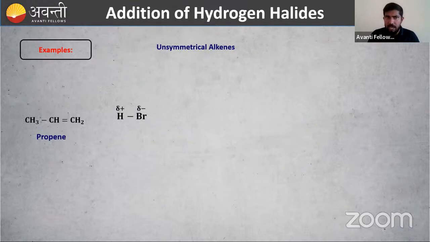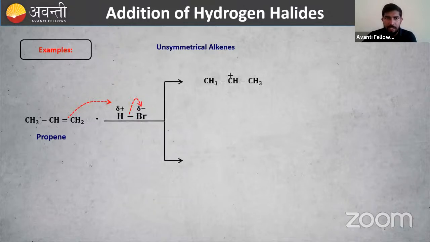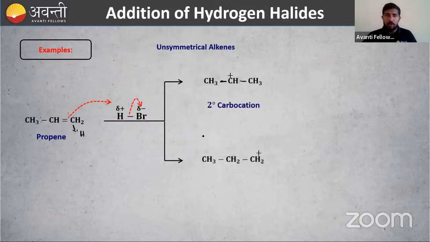So I'm taking an unsymmetrical alkene. I have H plus and Br minus. In this reaction, carbocation is the intermediate. If carbocation is an intermediate, you have to check the possibility of rearrangement. So let us check that. CH3, CH double bond CH2. Here, this carbon is taking one hydrogen, right? So positive charge will be formed on this carbon. So what about this carbocation? Primary, secondary, or tertiary? This carbon is attached to 2 more carbon atoms, so I can say it is a secondary carbocation, right?